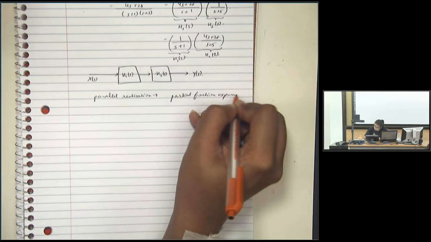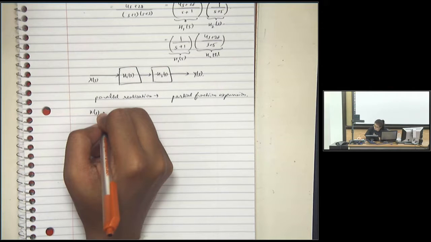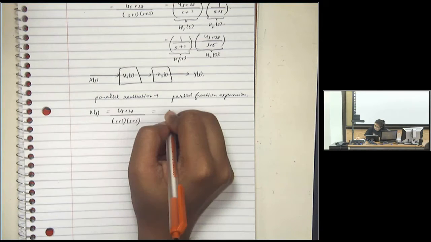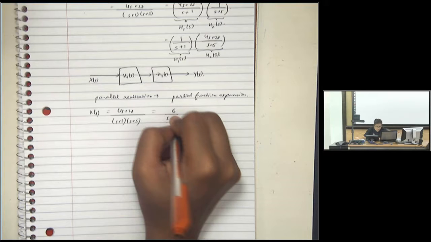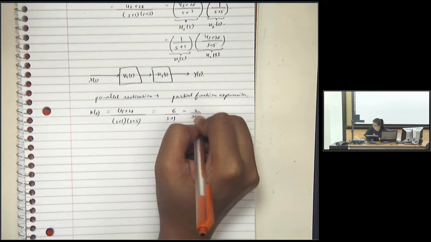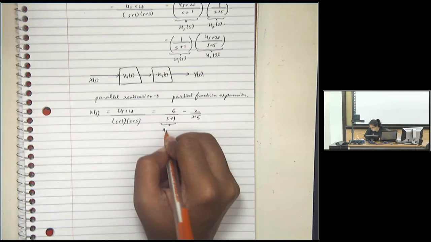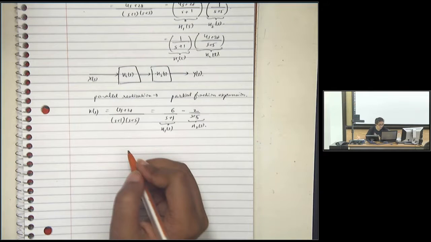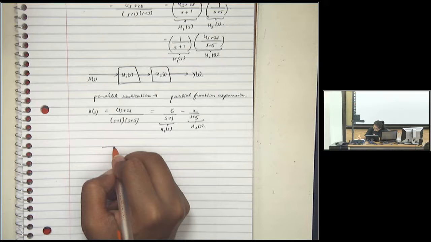So if the same system is given to us, its partial fraction expansion is 6 over s plus 1 minus 2 over s plus 5. So now 6 over s plus 1 is my first system, that is H1(s), and 2 over s plus 5 is my second system, that is H2(s). Okay, so my parallel realization now looks like this: